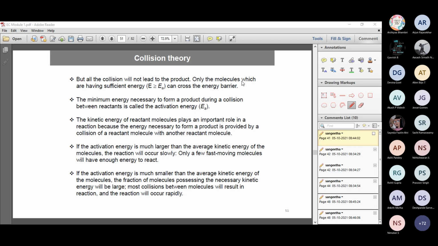The rate of a reaction at 25 degrees centigrade is